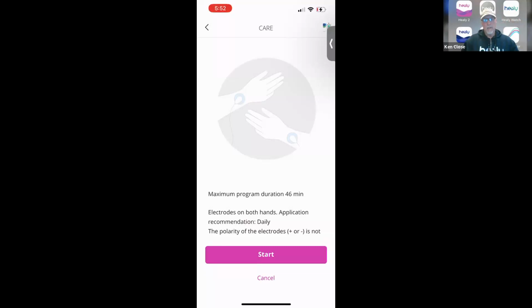It also shows you, like I mentioned before, the maximum program duration is 46 minutes. Doesn't mean that that's the minimum, but that's the maximum. It can shut down earlier. It also tells you the connection electrodes on both hands. The application is recommended daily. And then also, if there were a polarity, how many of you guys have noticed on your Healy where the wires connect, above that on the face of it is a plus and a minus?